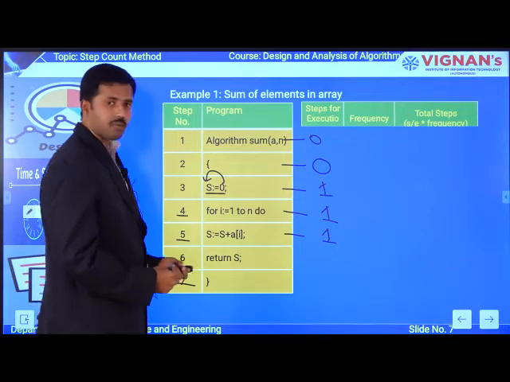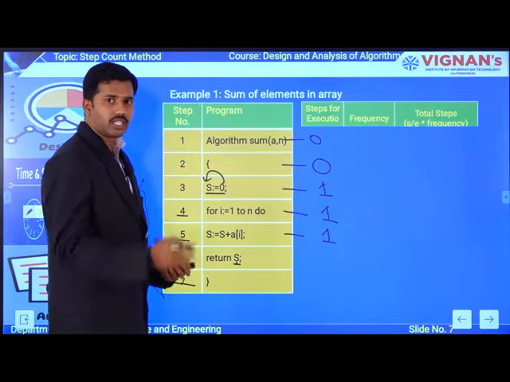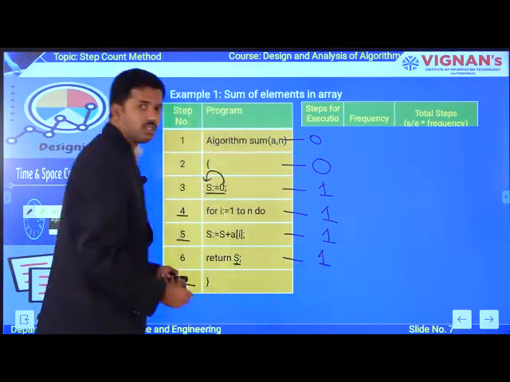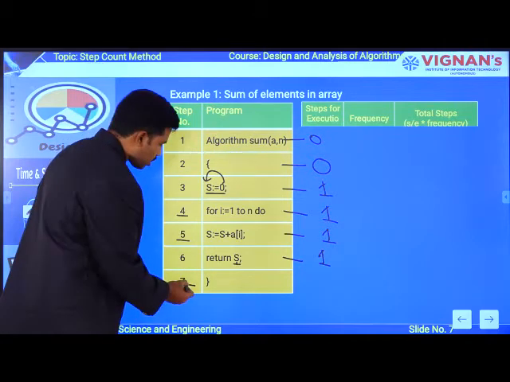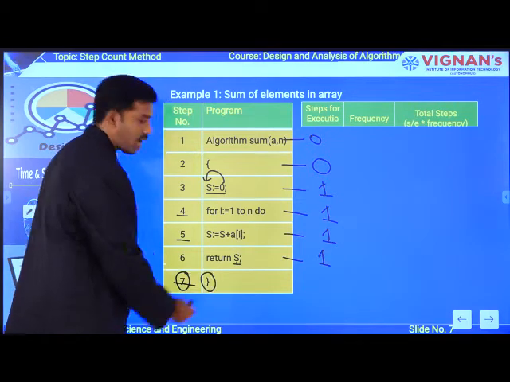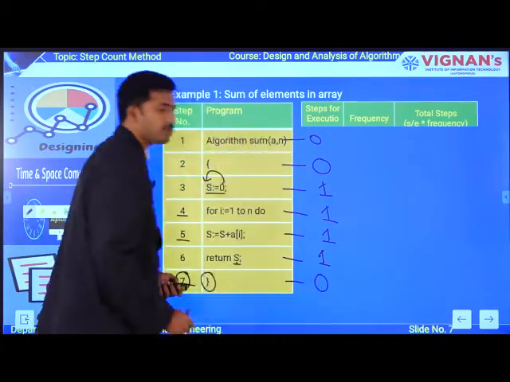In step number 6, you are simply returning the result. Returning a result is an executable statement, so the value becomes 1. Now the last step, step number 7, has a brace. It is a non-executable statement, so the value becomes 0.